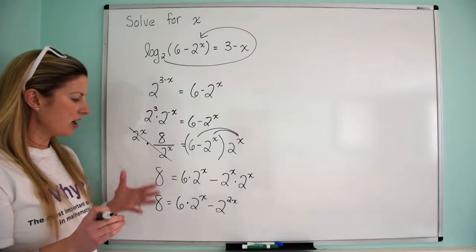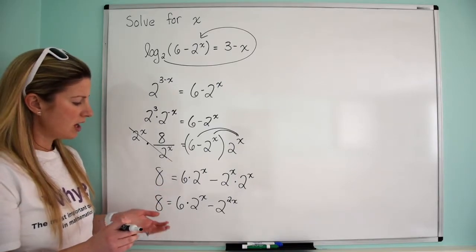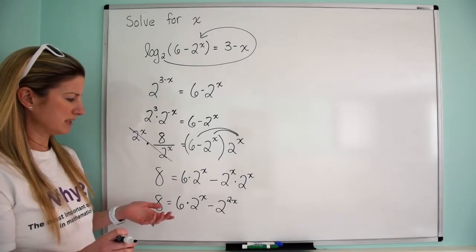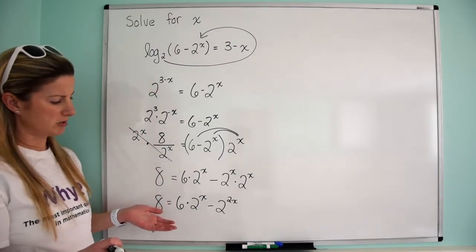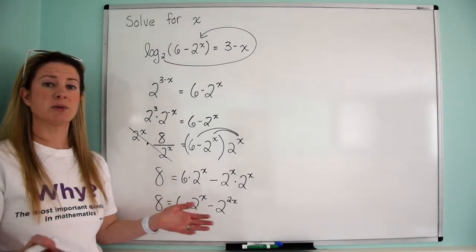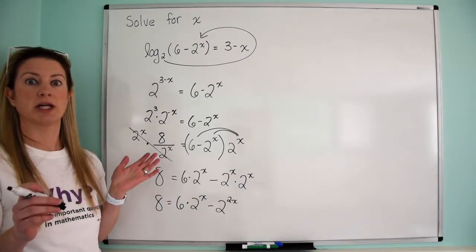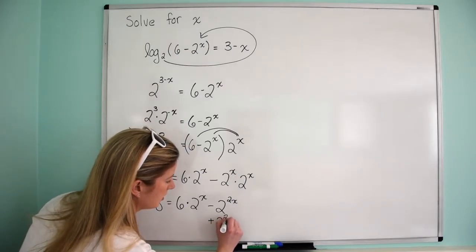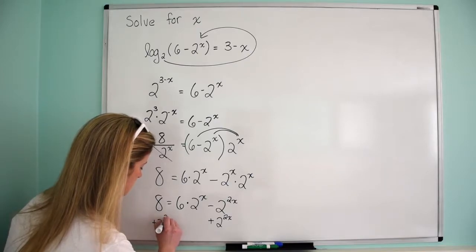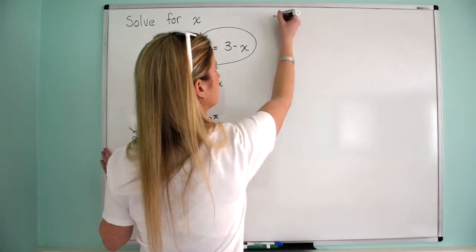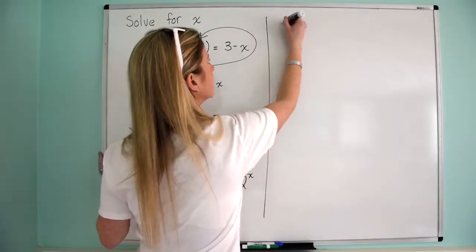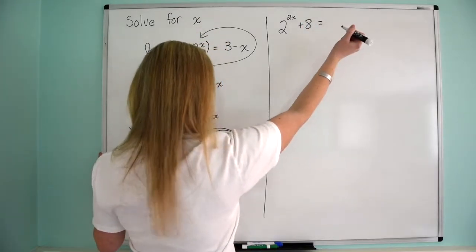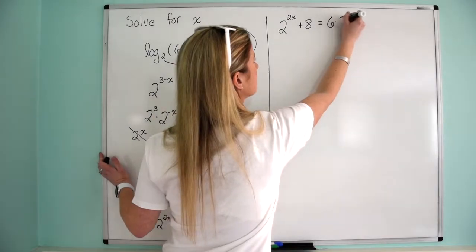Now, I'm not exactly sure what to do, but I think maybe, since I'm solving this algebraically, because obviously in the first step we could have solved it graphically if we wanted to, but we're going to do it algebraically, let me get everything on one side, because sometimes when I have everything on one side, things become more clear, okay? So what I'm going to do is add a 2 to the 2x to both sides, okay? And then I end up with, over here, let me maybe draw a line so we can see, okay? So I end up with a 2 to the 2x, okay, plus 8 equals 6 times 2 to the x,